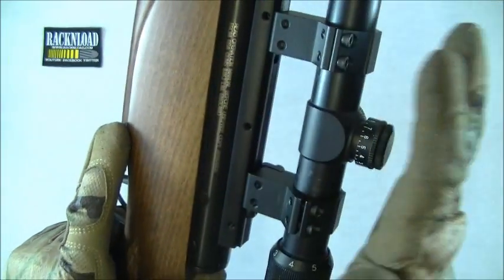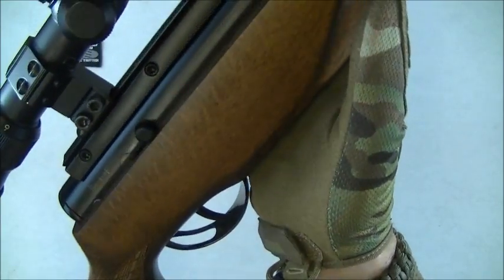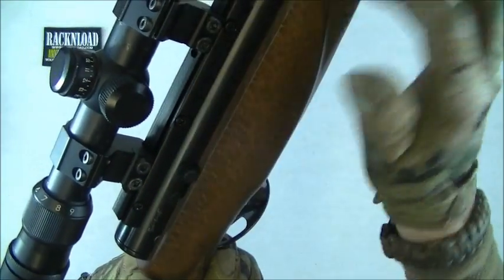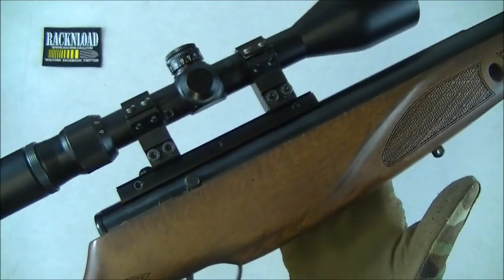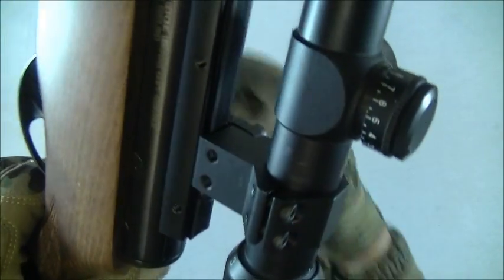And it also raises it up a bit. I know I've got quite high mounts on this scope, but it fits me perfectly. But this rail really is quite good, and it looks quite good as well. But that's BSA's own Maxi Grip, when I can say it. And that's the anti-shock